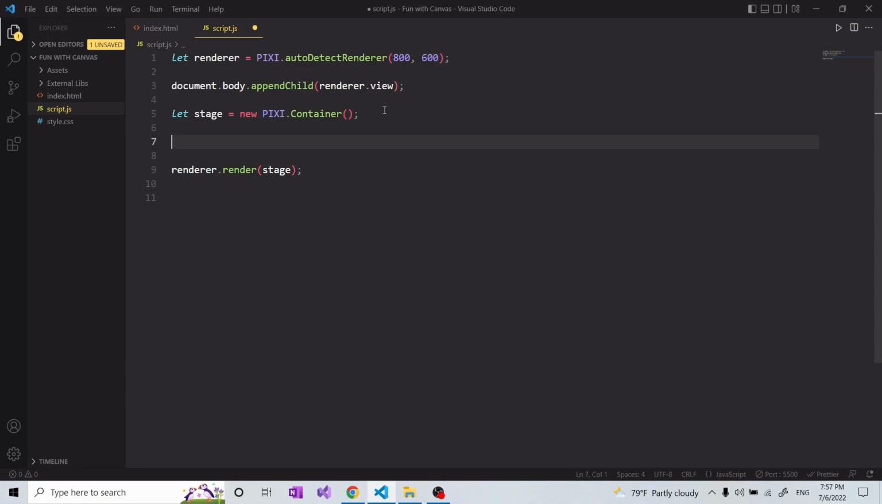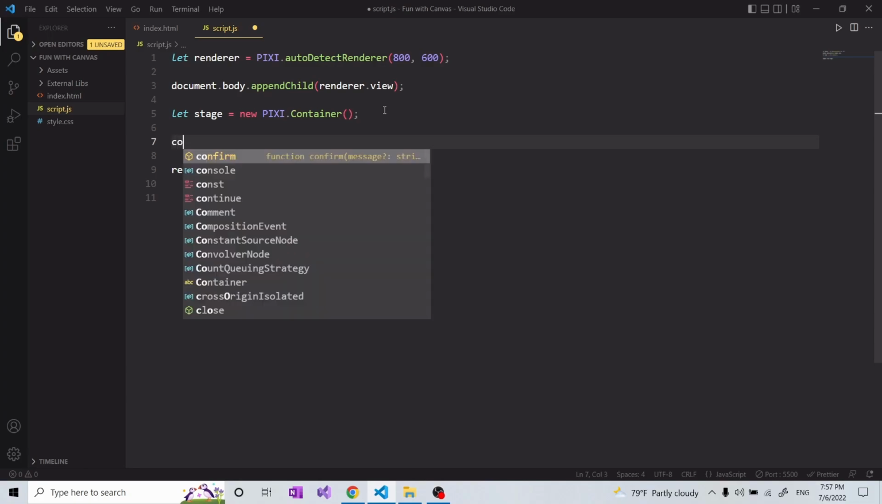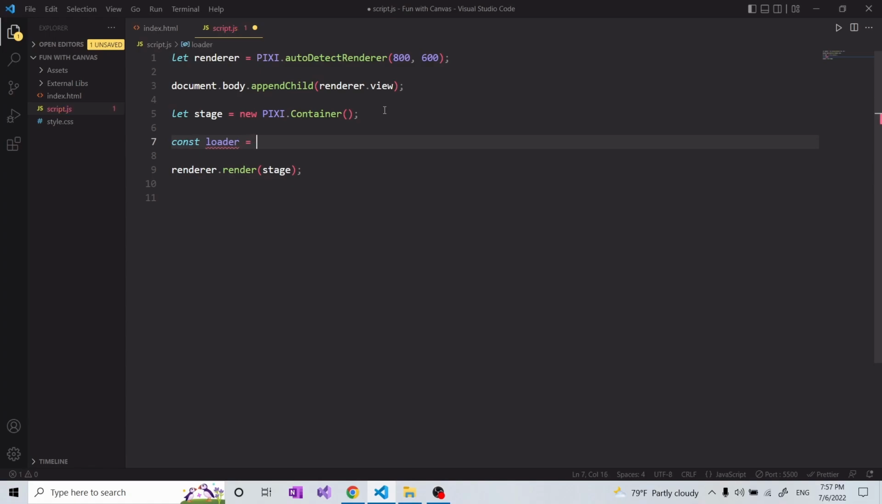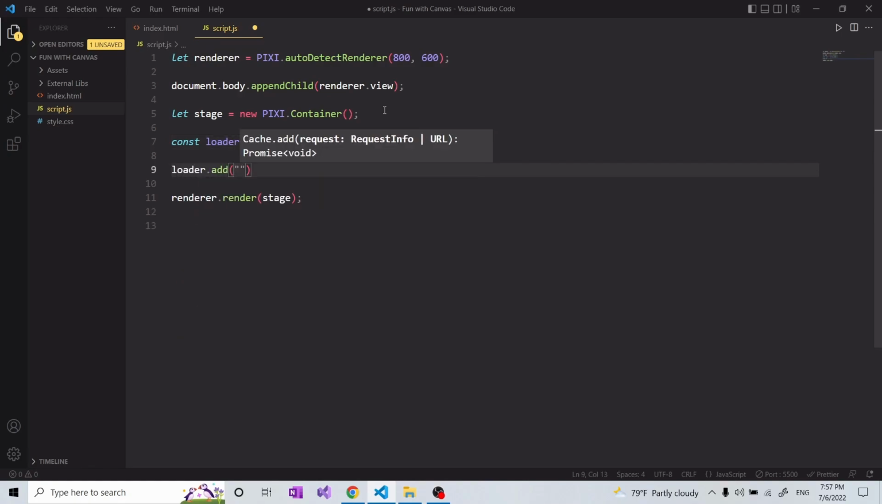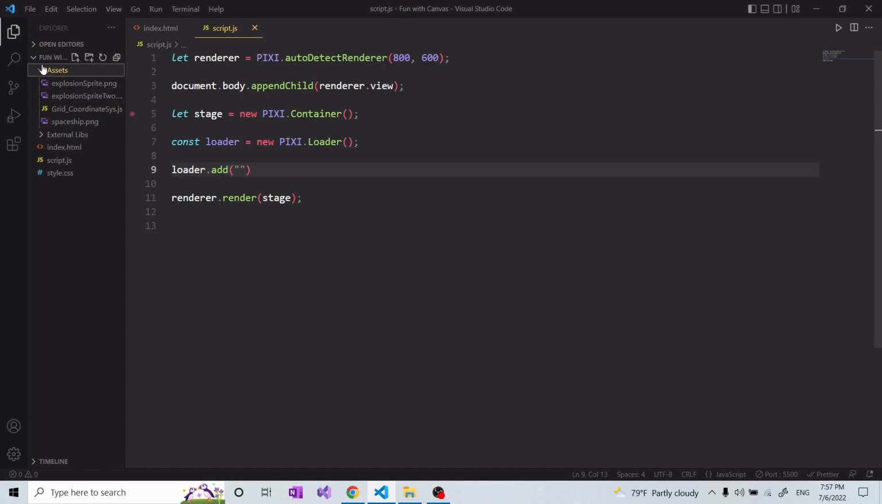So simply I can just say const loader for instance, and I can say new Pixi.loader like that, and now I can call the loader and I can just say add. Now I'm gonna add any image, so I can go to the assets. I have a spaceship one, so I'm gonna use the spaceship again. I'm gonna go to the assets and forward slash